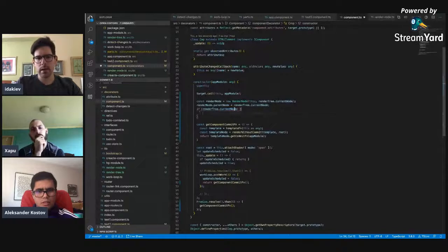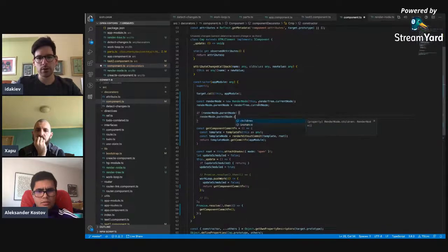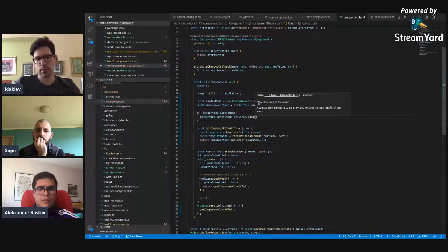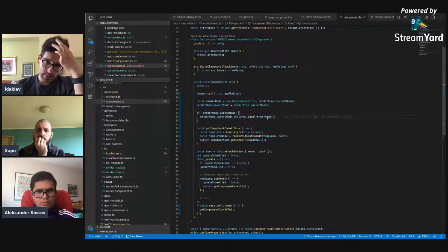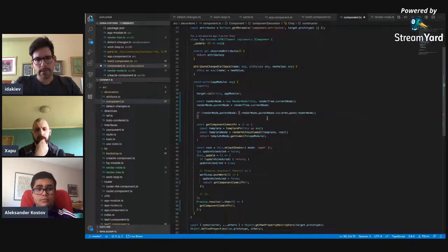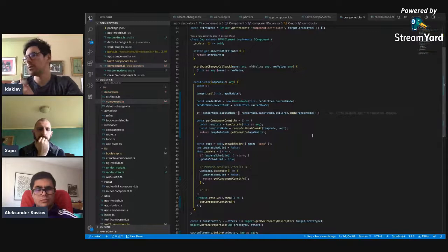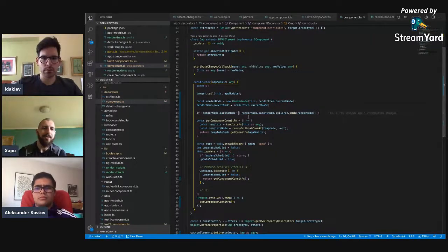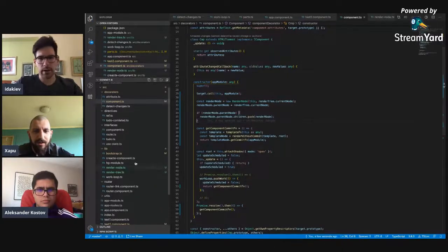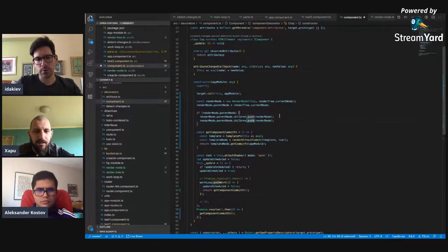So here we need to say render3 current node or parent node or whatever. Maybe parent node is going to be clearer, more understandable if we put it like that, and say parent node.children.push for now, even though I don't like it. And let's say render node. Okay, that's fine, right? Let me just put it on one line. And also, I forgot. What I was trying to say is that we need to also push it into the all,